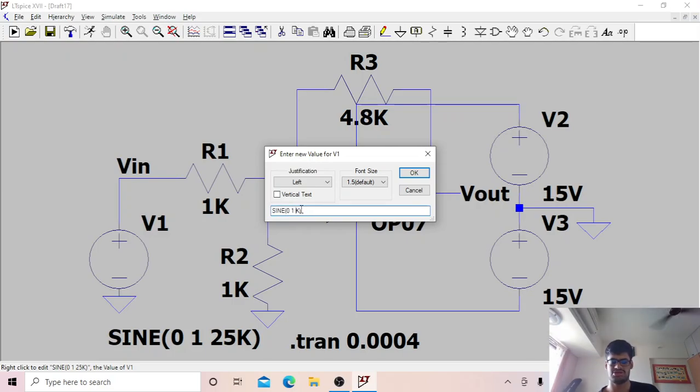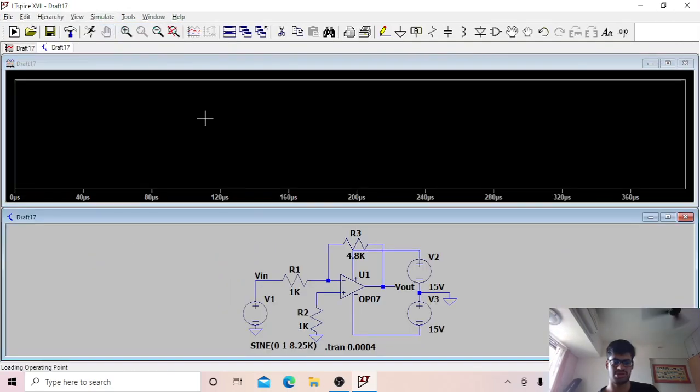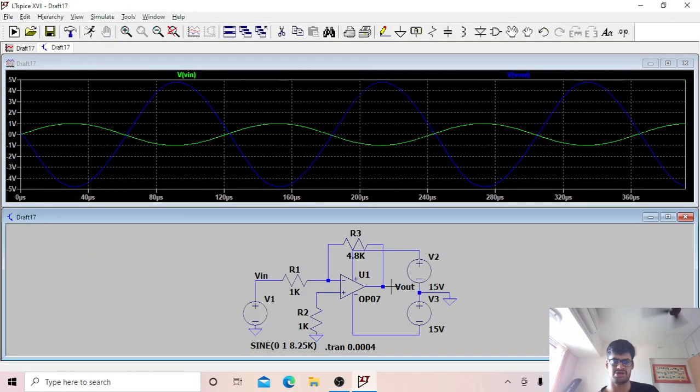So we type in 8.25k and check the frequency response. We simulate and run, again check V in and V out, and we can see that V out has started turning into a triangular wave. So this is the point at which the frequency response occurs: 8.25k.